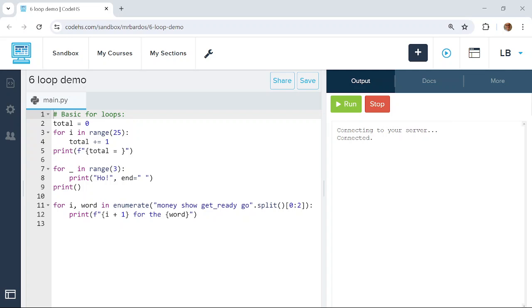In this video, we're going to talk a little bit more about looping, and we'll review for loops and talk about a while loop. Some basic for loops. Here we are initializing a variable to be 0. We're going through a loop from 0 to 24, and every time we